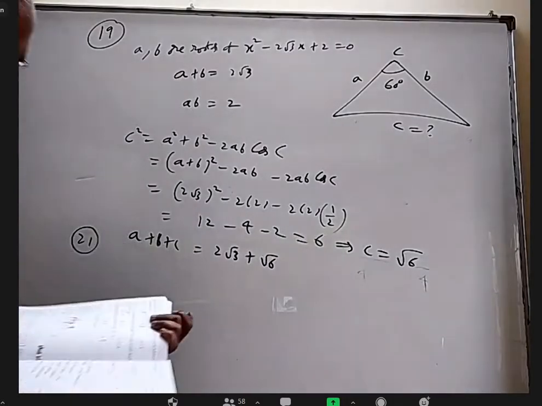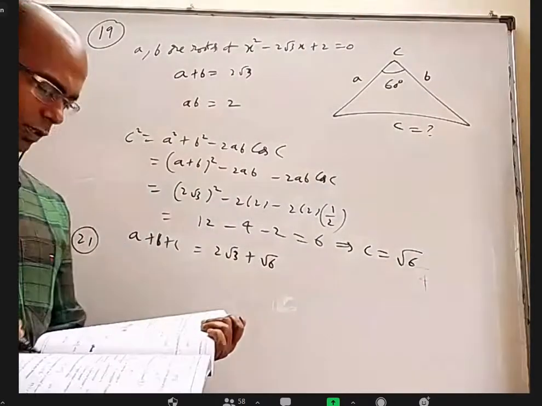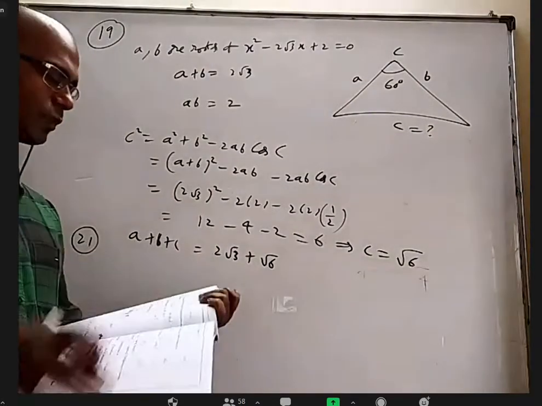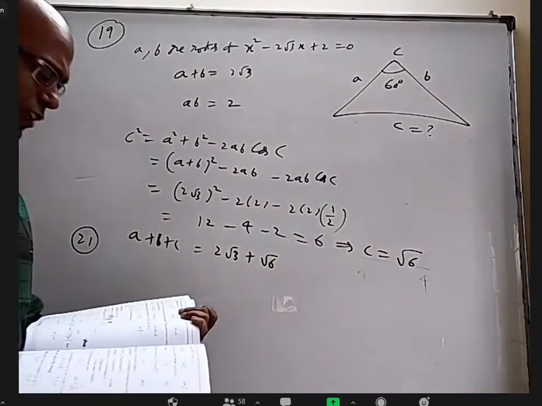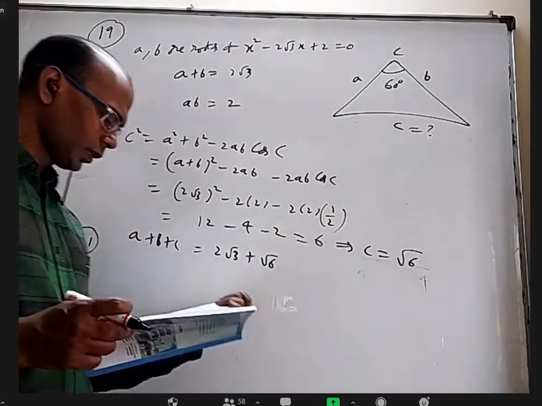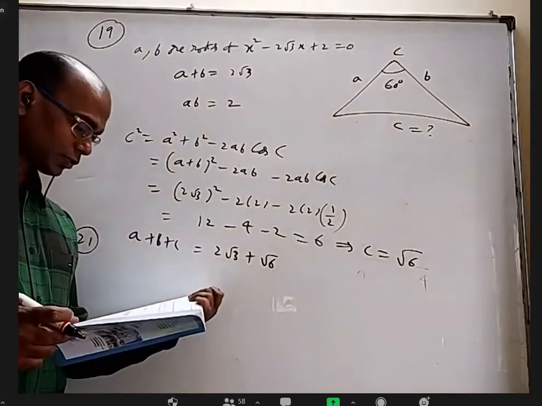Okay, 21. In the sine rule earlier, all the angles were given and they asked for the greatest side or something. Now all the sides are given and they want the smallest angle. The smallest angle will be opposite to the smallest side. In this, which is the smallest side: root 24 or 6 plus root 12? Root 24.